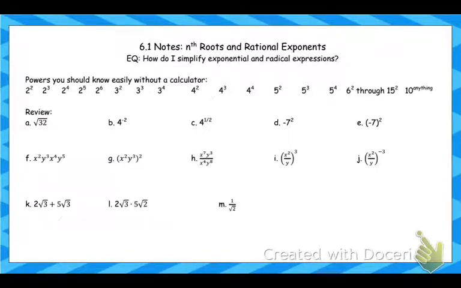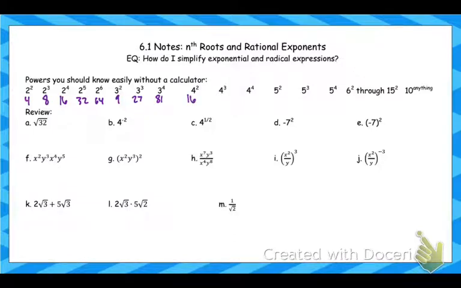So to start, we're just going to review some powers, and these are ones that you need to know really quickly, really easy, and be very familiar with. Ones that you know, kind of like your multiplication facts. So 2 squared is 4, 2 to the third is 8, 16, 32, and 64. 3 squared is 9, 3 to the third is 27, 3 to the fourth is 81,